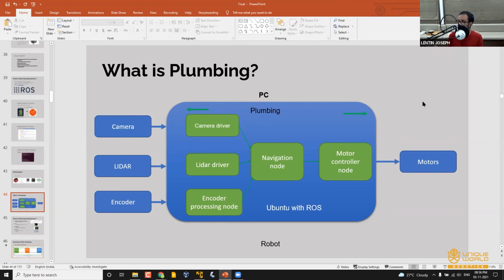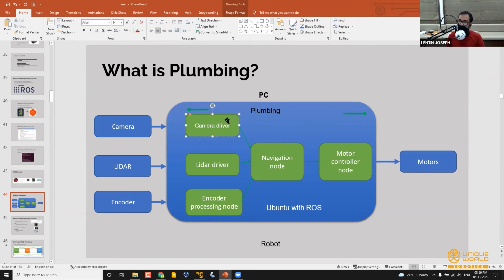Okay, so there is a question like tunneling. Yeah, sort of. And Mohammed, do we connect these nodes using launch files? The connection of these nodes happens like this: for example, the camera driver is sending a type of data, and the navigation node is expecting the same type of data from the same data bus or something.